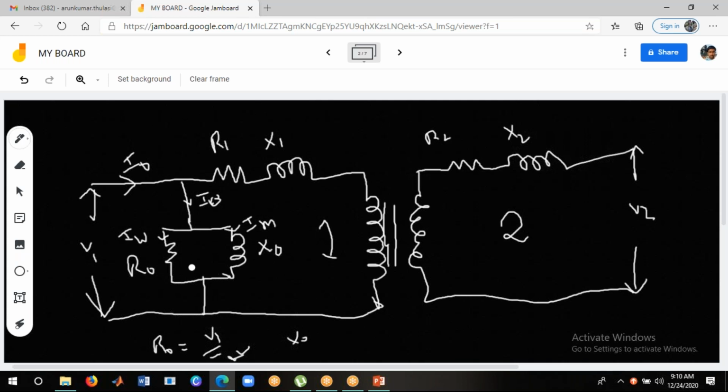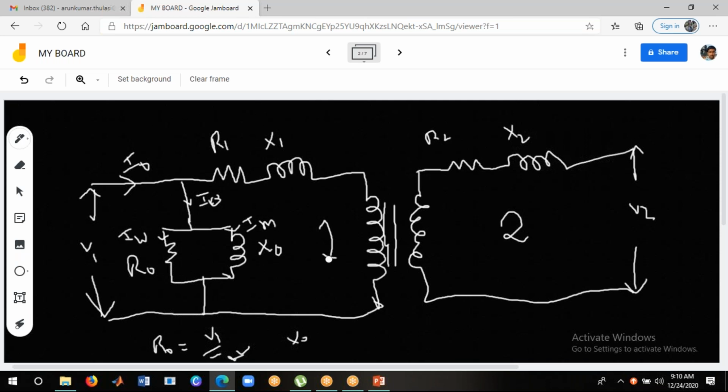Okay, so the parameters are similar for both primary and secondary. So that is the thing. Now, in this topic we are going to look at the equivalent circuit of a transformer, represented by the primary winding and the secondary winding. We are going to derive how the equivalent circuit, equivalent resistance and equivalent reactance are obtained.